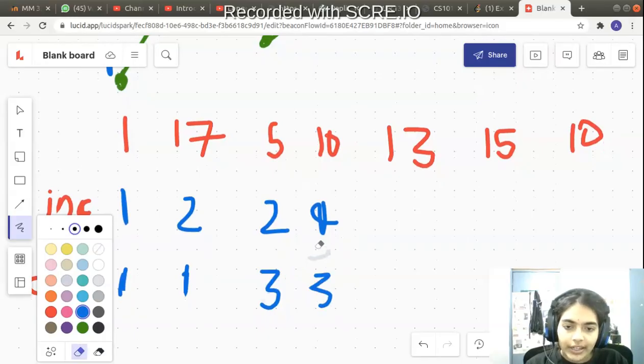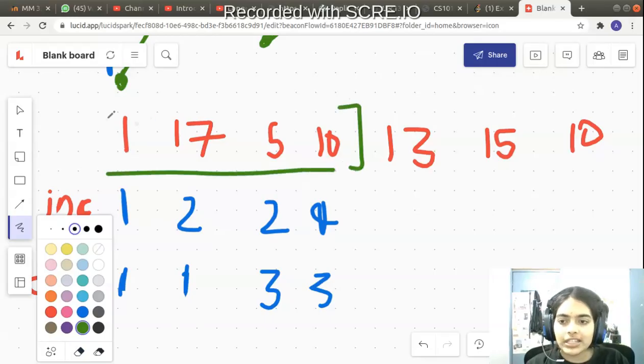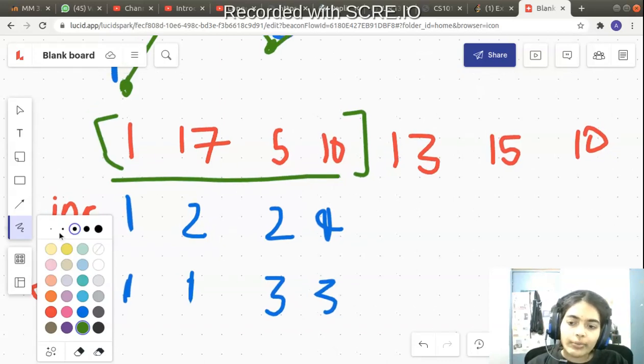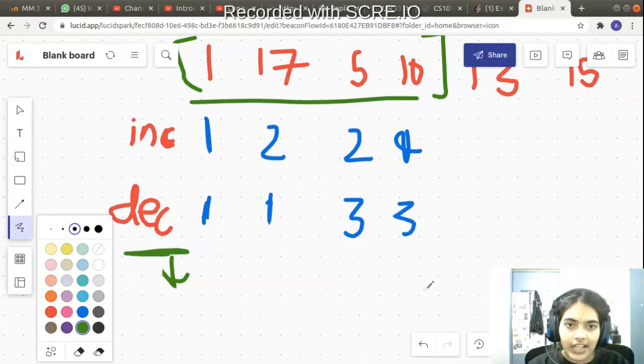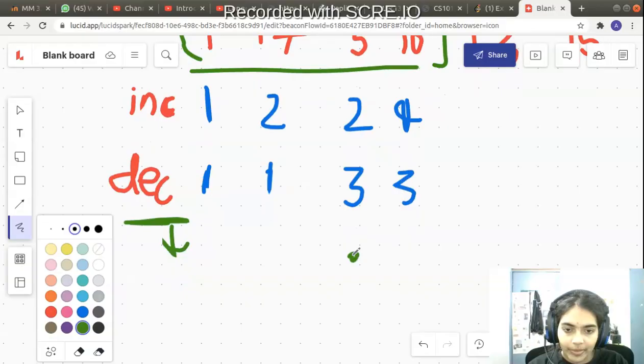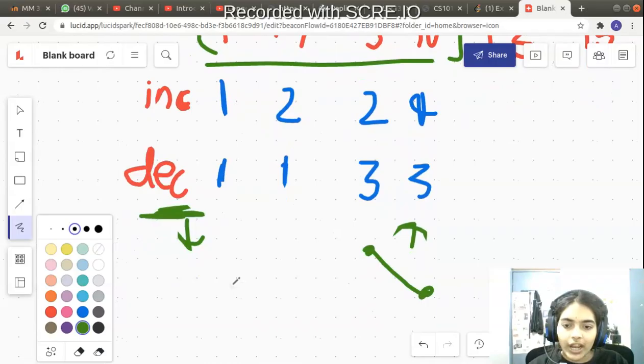So what does that mean? Up to index 4, suppose I had only this much as the array, right? Suppose my array had only 4 points, 1, 17, 5, and 10. Now if somebody tells me find me a wiggle subsequence in this which is ending with a decreasing quantity, in which the last number is less than the second last number. So it is something like this, right? So find me a wiggle subsequence in which the last number is less than the second last number, and it should be a wiggle subsequence. What is the maximum length? That will be 3, right? It will be 3, because you will have 1, then you will have 17, then you will have 5.